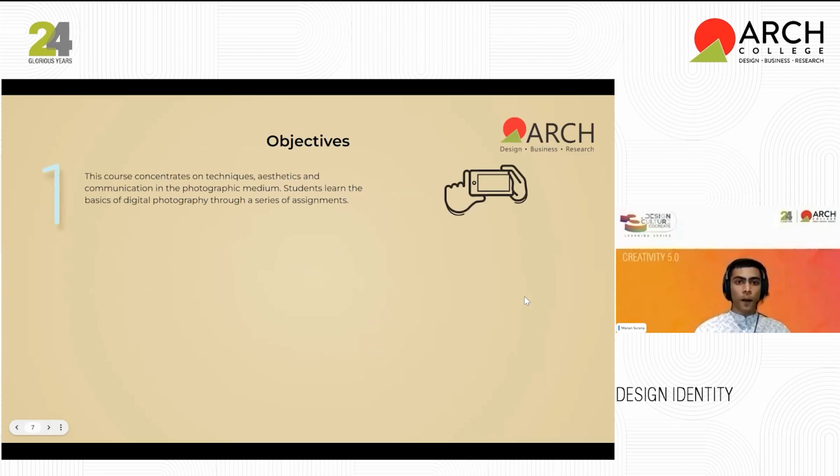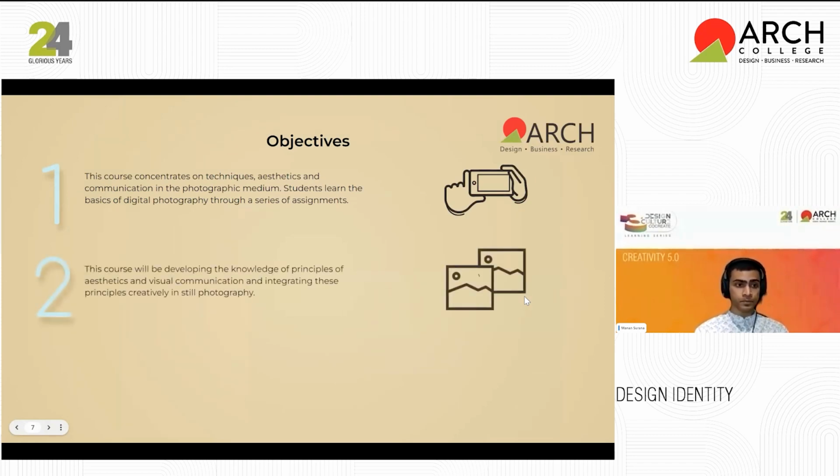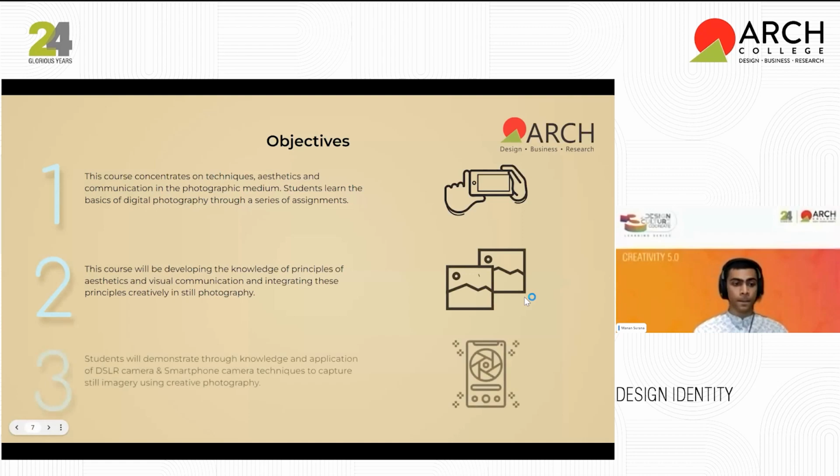Objectives. This course concentrates on techniques, aesthetics, and communication in photographic medium. Students learn the basics of digital photography through a series of assignments. This course will be developing the knowledge of principles of aesthetic and visual communication and integrating these principles creatively in still photography. Students will demonstrate through knowledge and application of DSLR cameras and smartphone camera techniques to capture still imagery